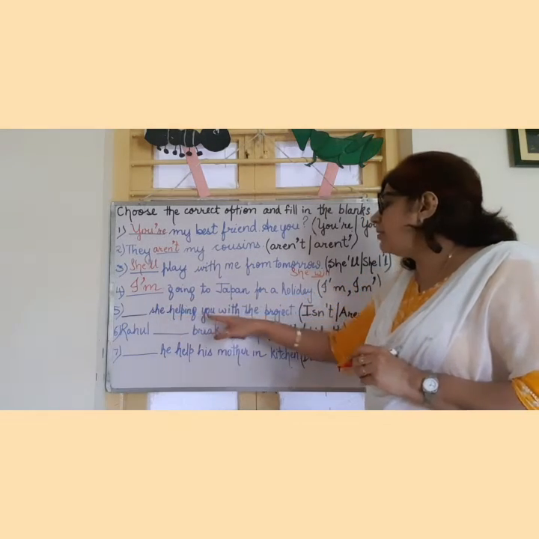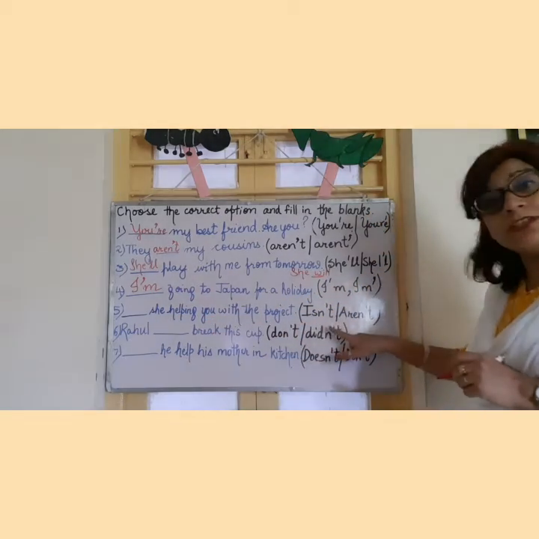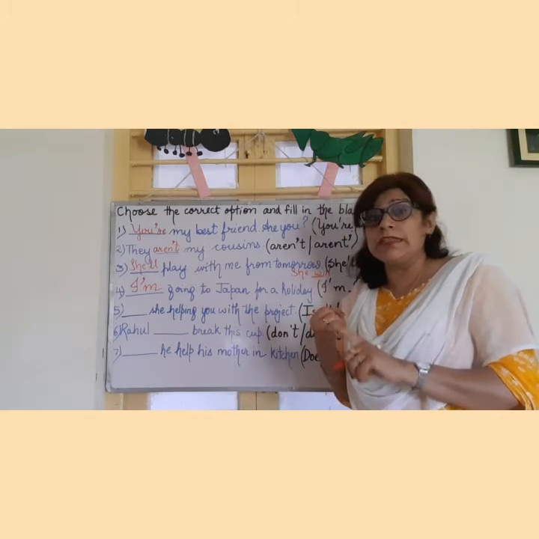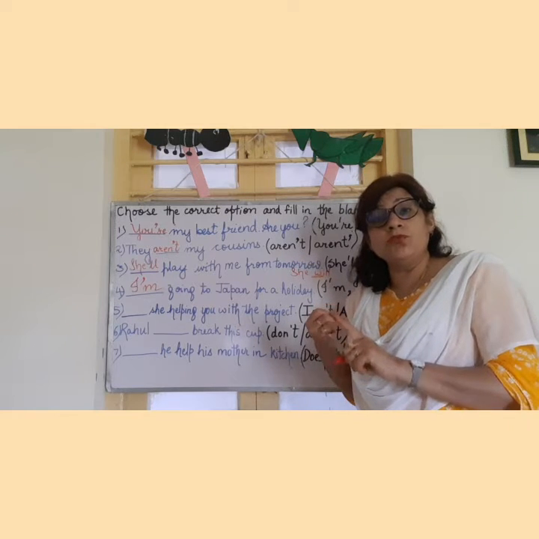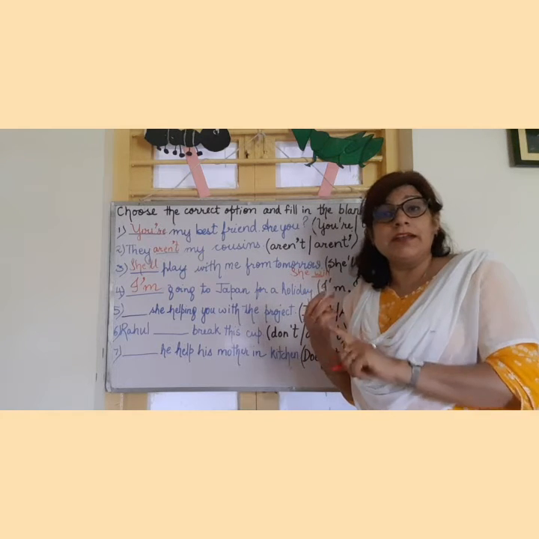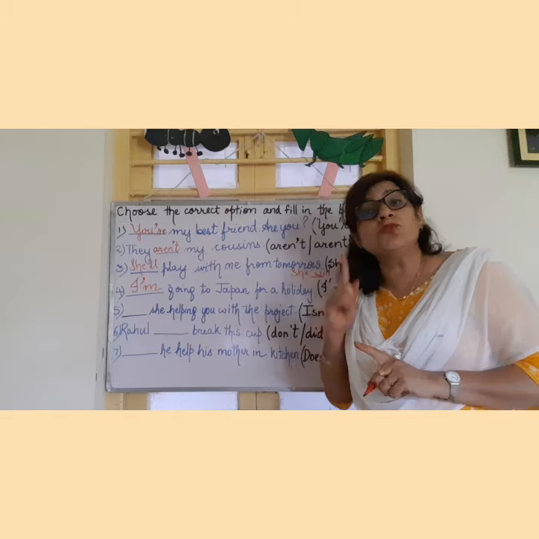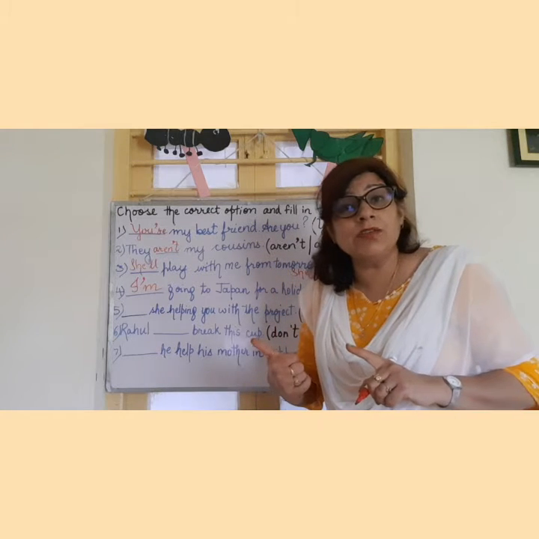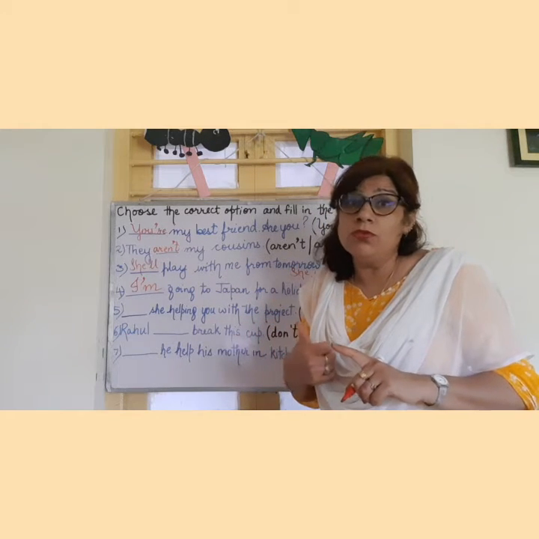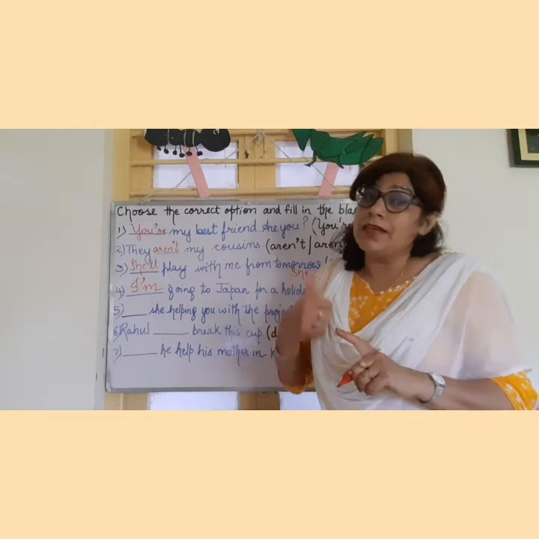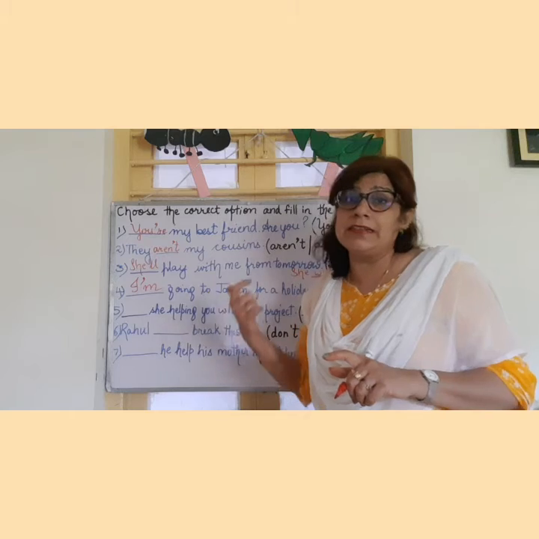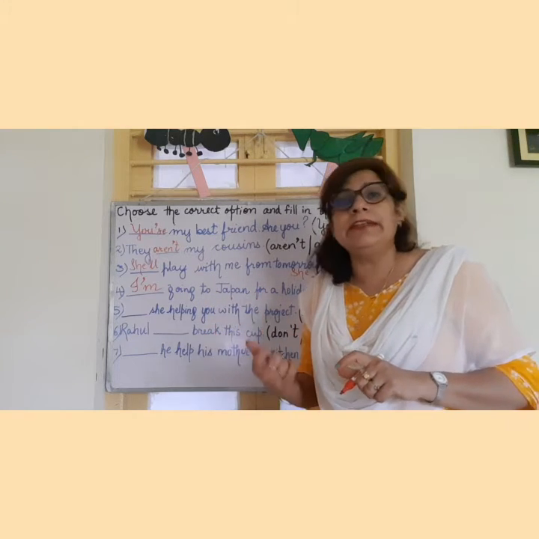Next, dash she helping you with the project? Isn't she? Aren't she? Now remember, children, whenever we are going to use isn't, aren't, we are going to use do, does. When we are using don't, doesn't, aren't, isn't, you have to keep it in your mind that the rule remains the same. Is with singular, are with plural, then do: I do, we do, they do with plural nouns, and does with singular. So you don't have to forget the rules. The rules remain the same whether it is a negative form of did or we are using did as it is.